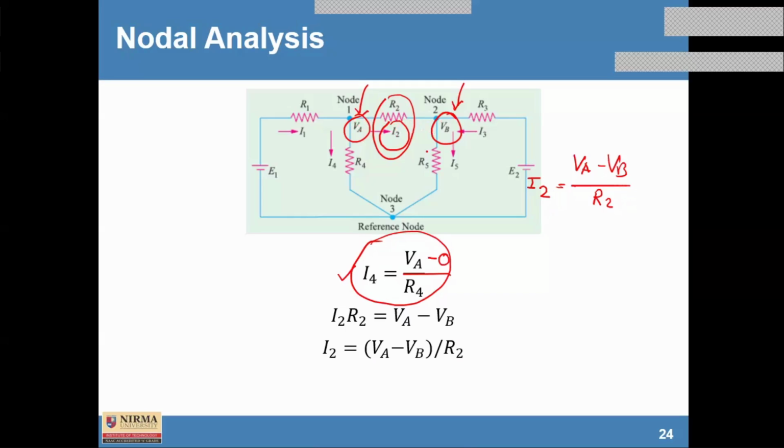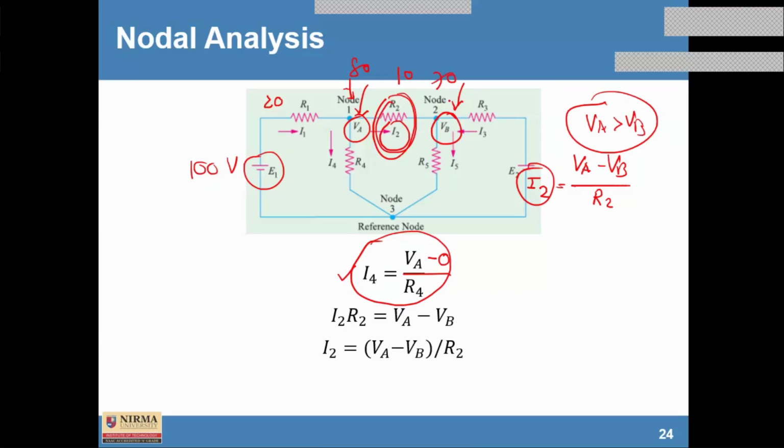Fine. So here we can write an expression of I2 by considering that VA is greater than VB. Fine. You have to consider. I mean कि यहाँ पे VA का वोल्टेज पोटेंशियल ड्रॉप ज़्यादा है. कैसे? जैसे फॉर एग्जांपल यहाँ पर 100 वोल्ट, यहाँ पे 20 का ड्रॉप हो गया, तो ये नोड पर 80 हो गया. Again there is a drop here, say for example, then it could be 70 here. So this way we can imagine or assume that the potential of node VA could be more than this.